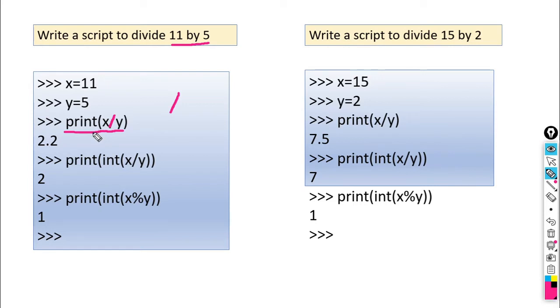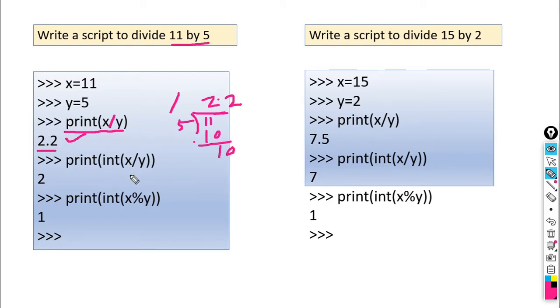So what answer will you get here? 2.2, because when we divide 11 by 5, you will get 2, 5 twos are 10, again 1, again 0, so 2.2. So this gives you 2.2. When we want to print only the integer quotient, not the fractional value, we want to perform integer division.